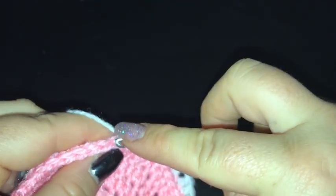And 4. We'll start building out again for our next corner. So a half double crochet into each of the next 2 stitches, 1 and 2, double crochet into each of the next 2 stitches, 1 and 2, chain 2 for our corner, and double crochet into the next 2 stitches,